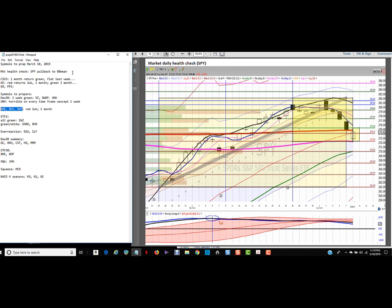Market health check here. SPY has pulled back to the Bollinger Band mean, basically a 5DD. You can see the 30 period range box, the 10, and then the 1. So we've got this nice pullback. I'd like to see an orderly entry in the yellow zone, and then I would buy all the way up. These blue lines are the 1 week monthly, or the Monday openings of last week and the